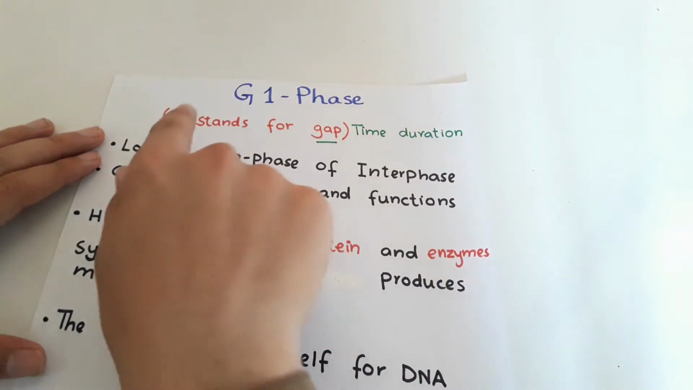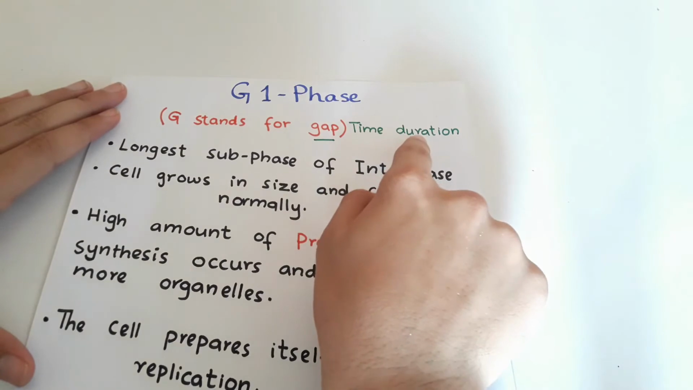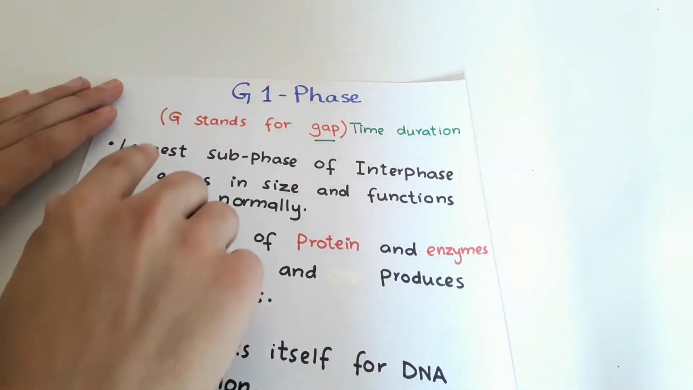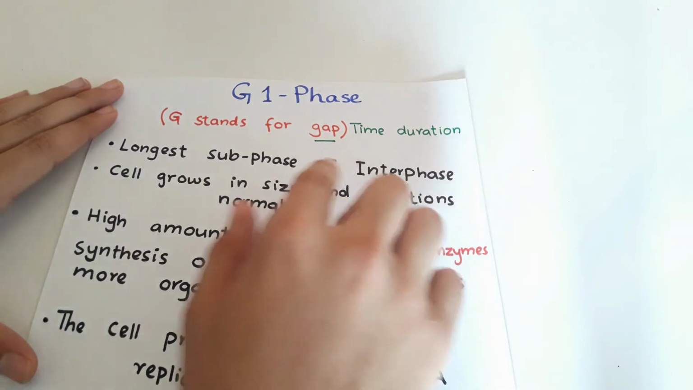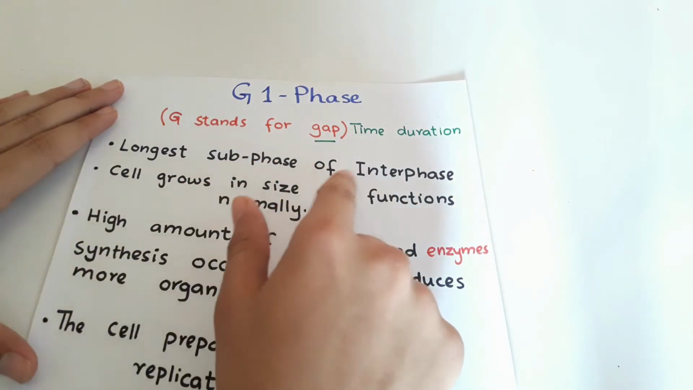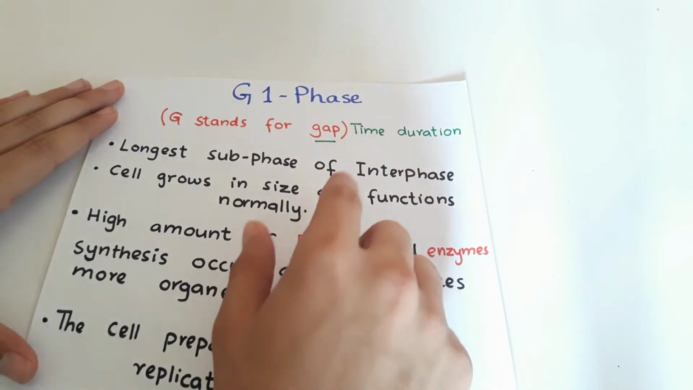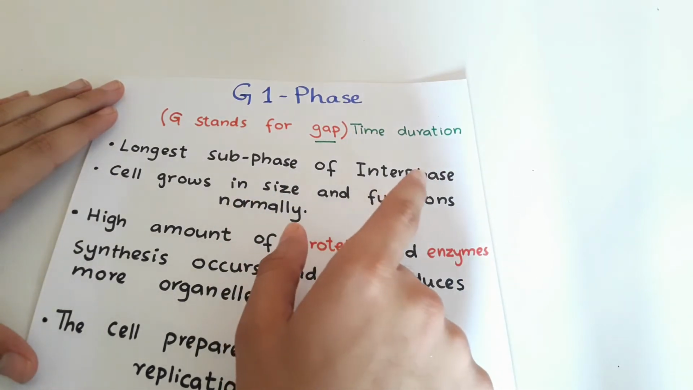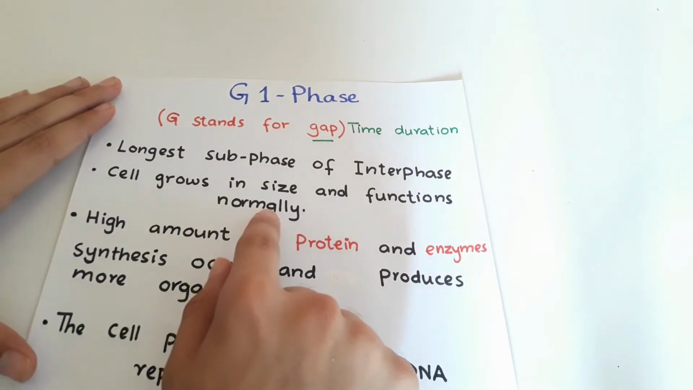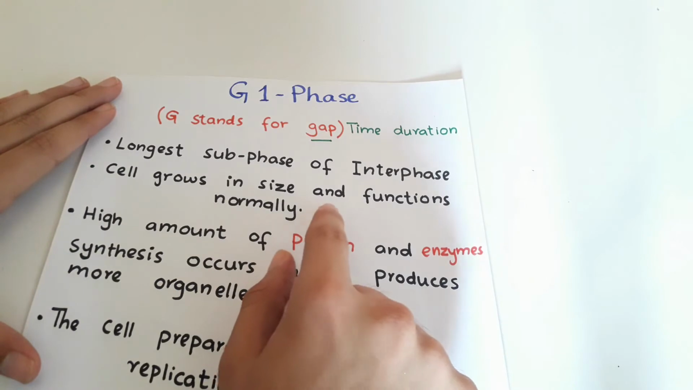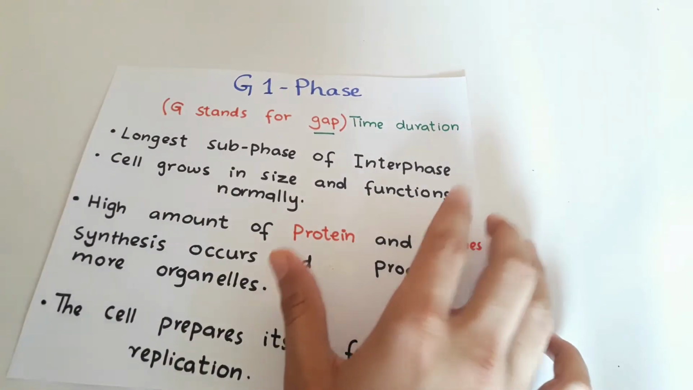G1 phase. G stands for gap, so it means that it's a time duration in which some events occur. It's the longest subphase of interphase. It means that the G1 phase is longer than the other two subphases of interphase, the S phase and G2 phase. Cells grow in size and function normally, which means that in this phase the cells are metabolically active and prepare most of the